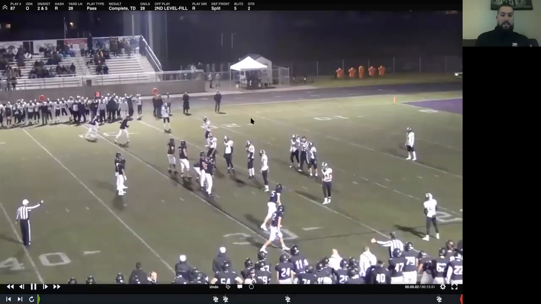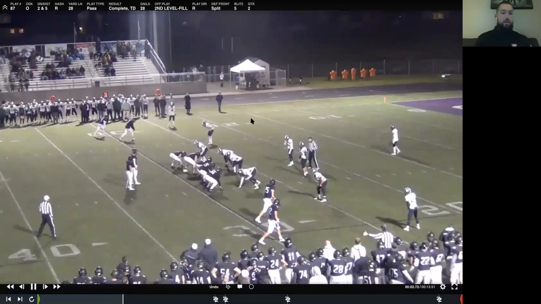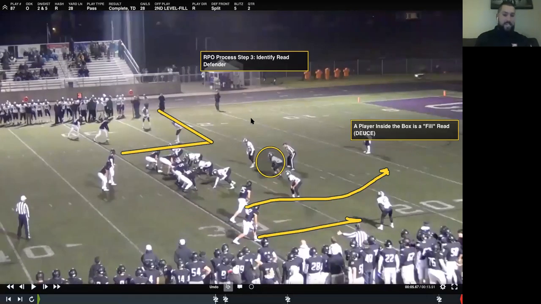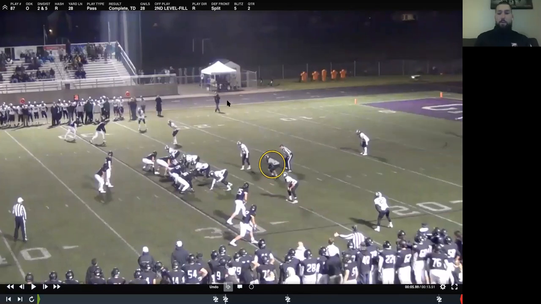We are going to read an in the box fill player, who we've defined as the deuce with the card code system, right? So this is our deuce. If he triggers to fit his run gap in the box, we're going to pull and throw. We don't like this up here. They got 2-on-2, even though they are ready for the screen and go Fox play, but that's not what we're talking about tonight, right?